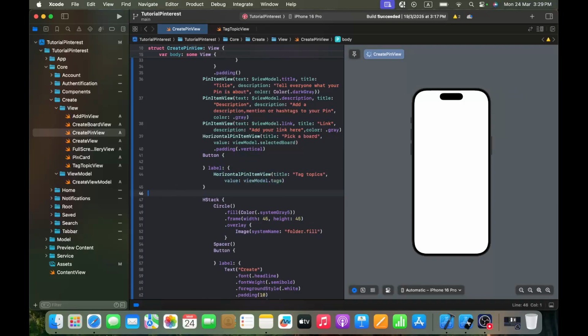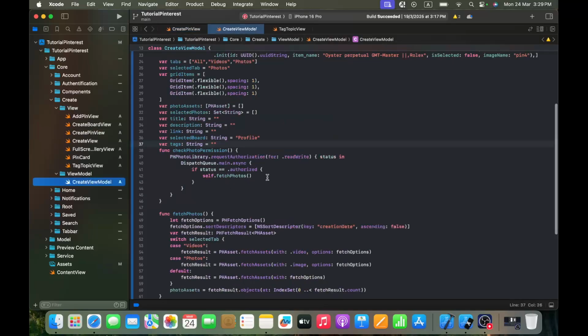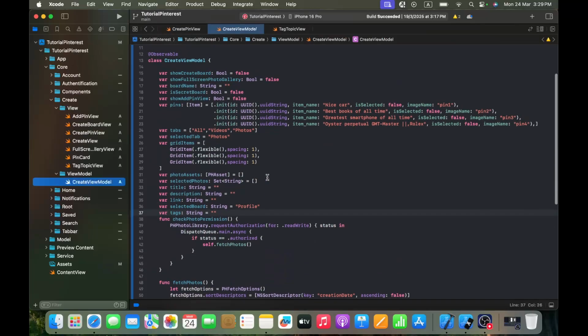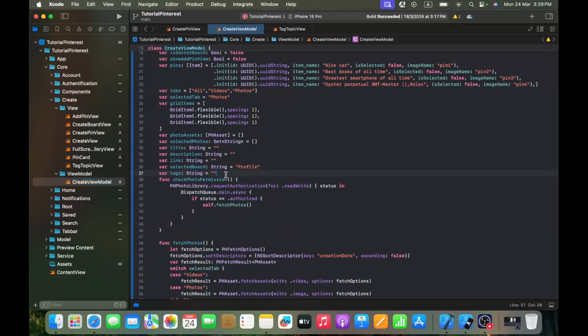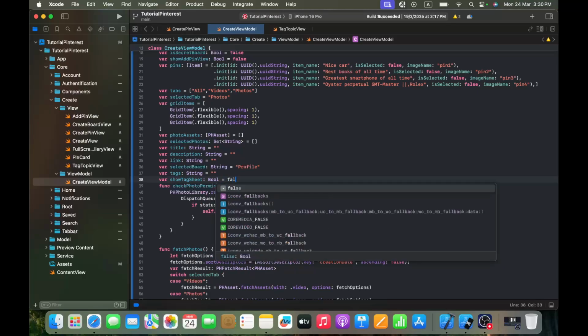And for the action I want to have a boolean that shows the tag topic. So here in my view model I will add a new variable. I'm going to call it showTagSheet. So var showTagSheet, it will be of type boolean, and it will be by default equal to false,